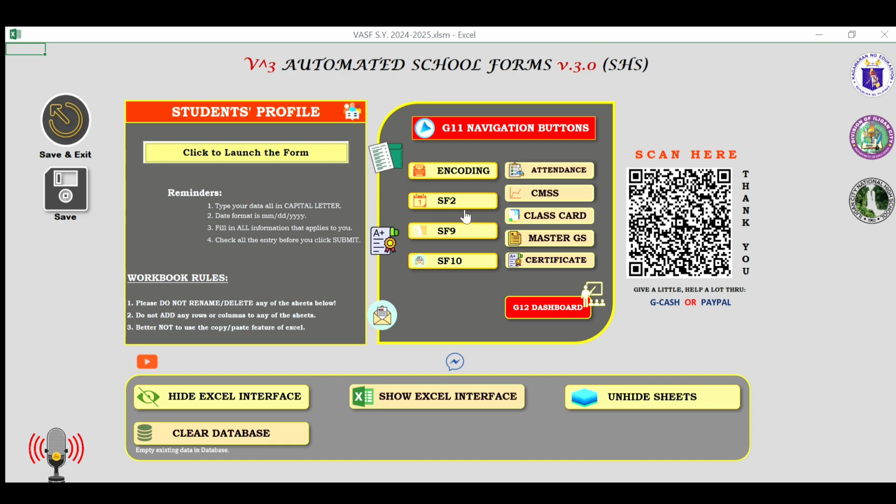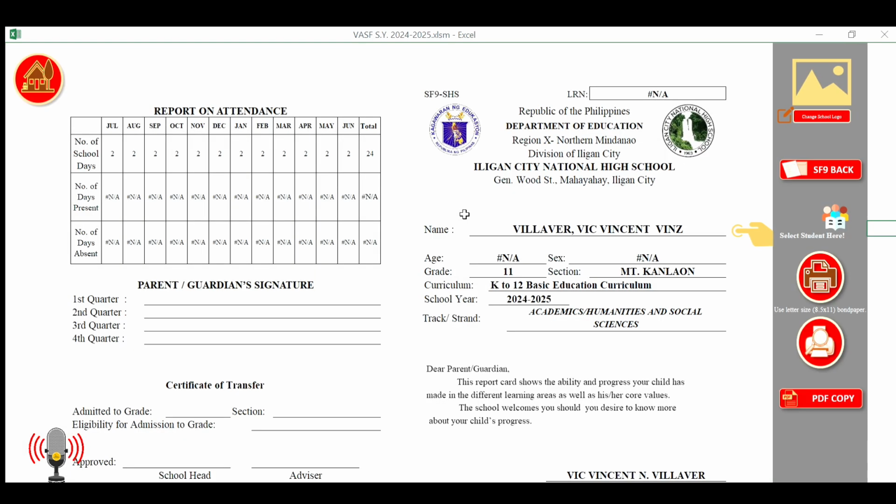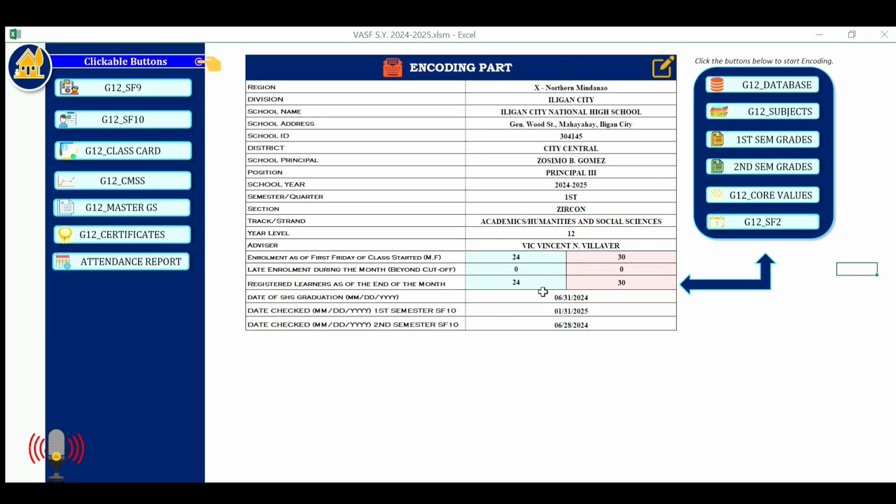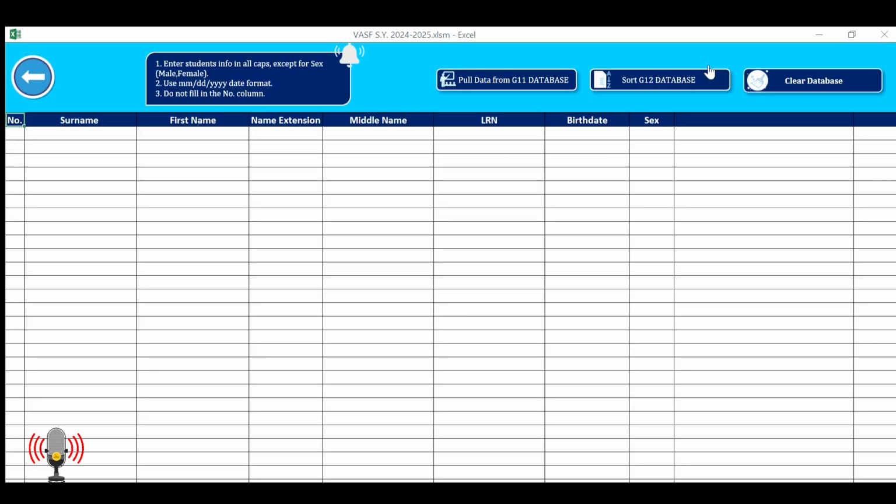Congratulations! For grade 12 advisors, click the grade 12 dashboard button on the home page. Follow the same encoding process in the database as with grade 11. But if your grade 12 students were previously in grade 11, just pull their data from the grade 11 database.